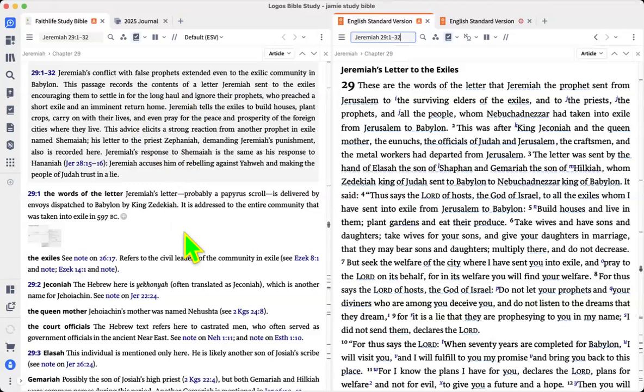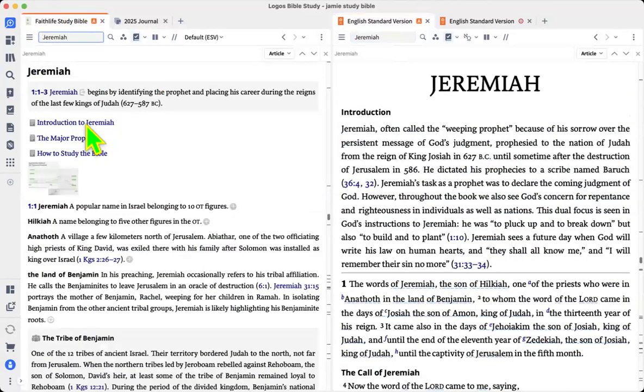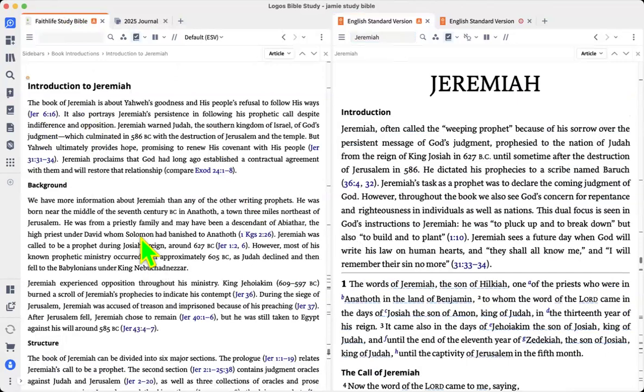So first one, historical context. Study Bibles are going to help you with this. Also looking at Bible dictionaries, that will help you. Also, if you go to the beginning of a book and click on the introduction, these sidebar introductions in the